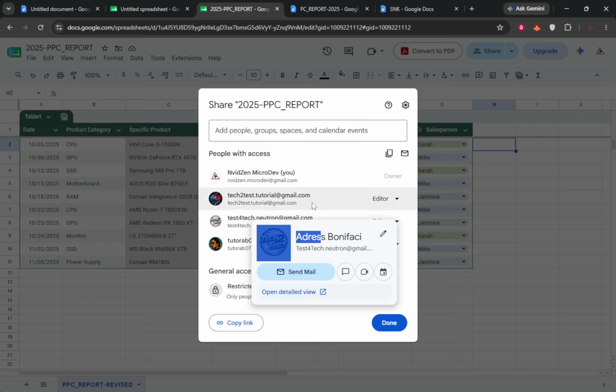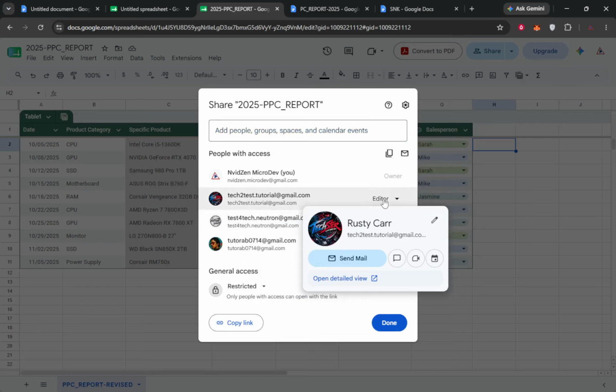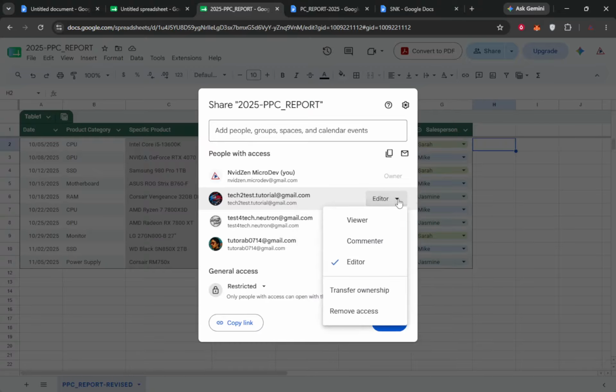After you find them, click the drop-down menu next to their permission, for example, Editor or Viewer. This small menu sits directly in line with their name and opens a short list of options when you click it. A common beginner slip is clicking the wrong person here, so double-check you are on the correct row before opening the menu. From that drop-down, select Remove Access.